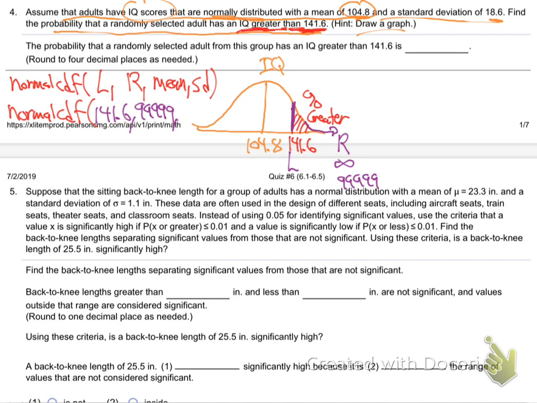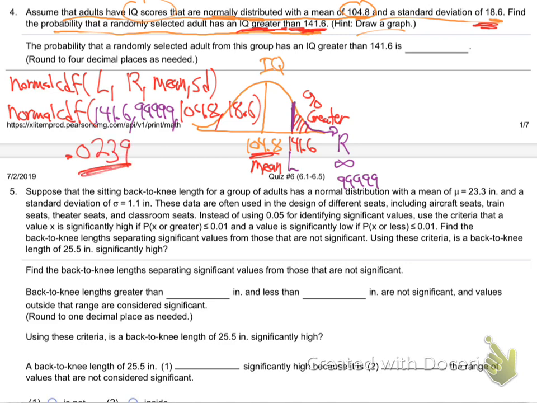Mean, what's the mean? The mean is the middle. This is the mean, right? Mean is the middle, the average. 104.8. And the standard deviation, they told me somewhere there's 18.6. All right, hit the buttons on your calculator, and you will get the answer,